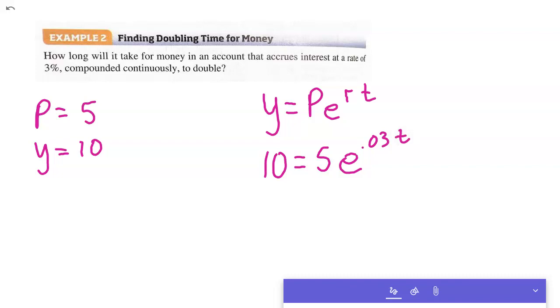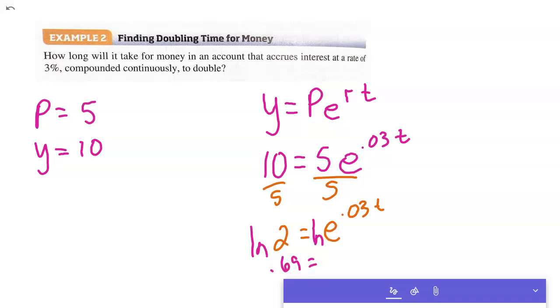So right there's the formula we're after. If you solve this, we divide by 5, and that'd be 2 equals e to the 0.03t. And if you natural log both sides now, you'd have 0.69 equals 0.03t